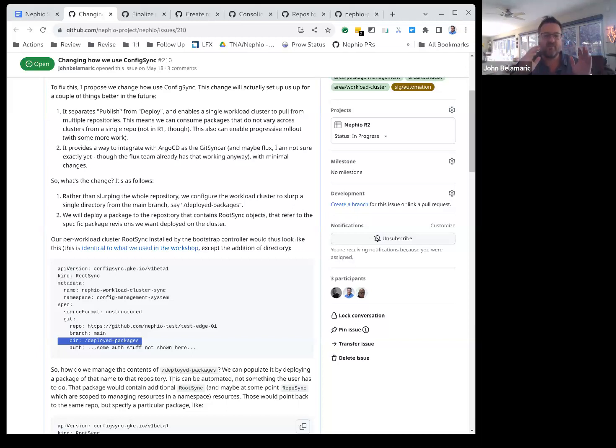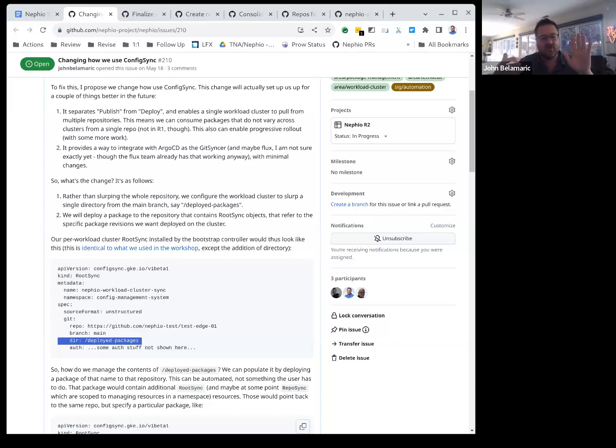So it breaks a concept I like, which is that your main branch is just an exact Git reflection of what's in your API server, but it enables a lot more flexibility in that we're allowing the ability to select individual package versions from the repository and apply them to the cluster.